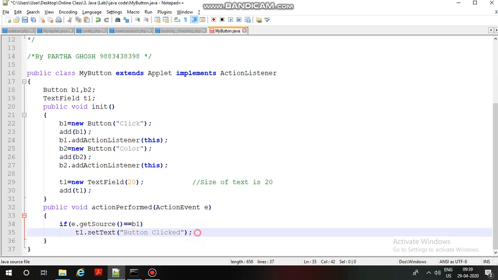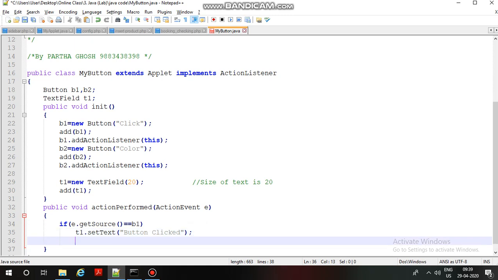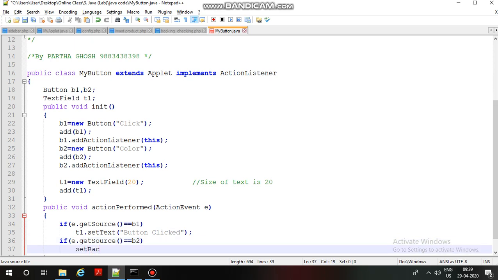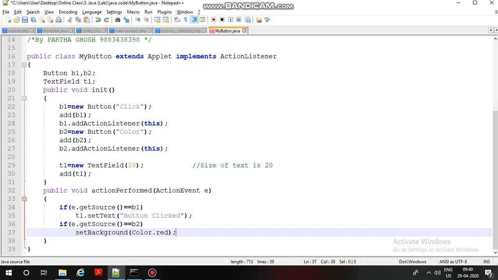Now if my getSource is equal to b2, that means I am clicking the second button, then setBackground(Color.red). So if my button b1 is pressed, I shall perform the task button clicked. If my button 2 is clicked, then I shall change the background of my applet.